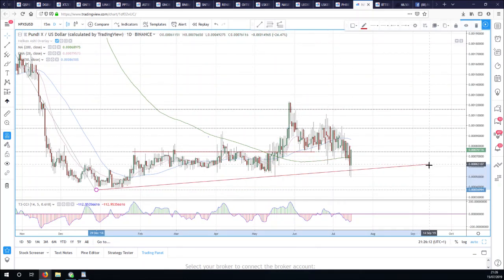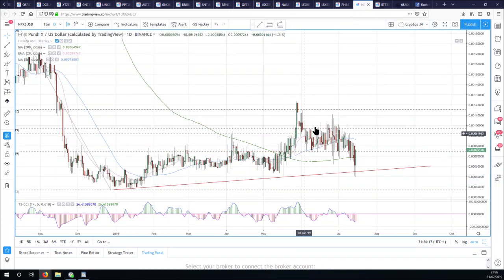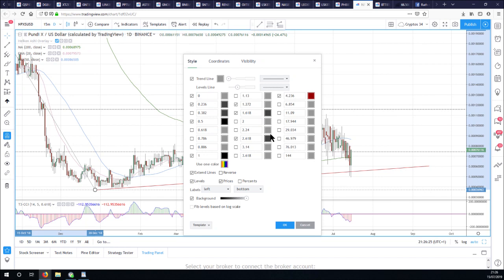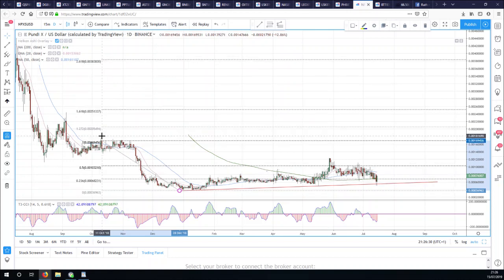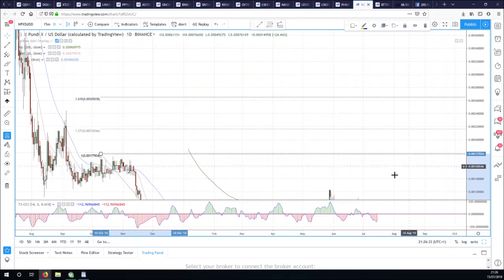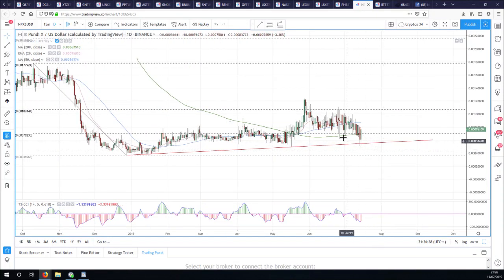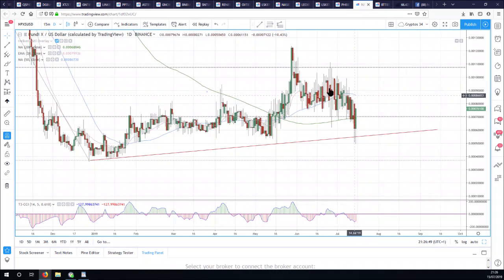Let's draw this support line from the lows and get rid of that. And where did we rally? Yeah. So I'm a little bit bearish because we've failed at this 50% level. And how often do you see this? You know, from the last swing lower, which was from there, we couldn't get beyond that 50% level, which is 107,044. So this time, when we did get up here, we had all of our moving averages bullish. We pulled them above the 200 moving average. Everything was all set to go higher now here in Pundi.